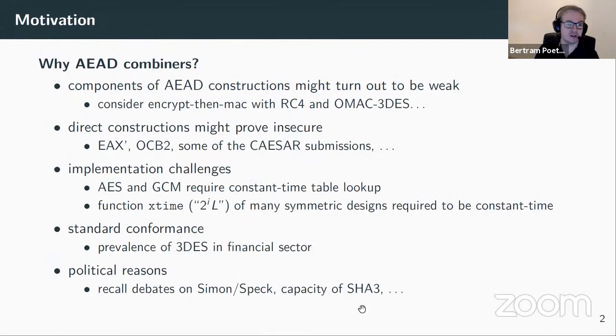You may wonder, is this relevant? Don't we understand how to build AE schemes? So here I give you a couple of reasons why this might be relevant. Some components of AEAD schemes proved to be insecure in the past. RC4 was trusted for 15 years plus. Triple DES has a small block length, which was also accepted for a long time, but is not anymore. Direct constructions fail as well. I stole these two examples from Katsuhiko's talk, later today, so listen to him about